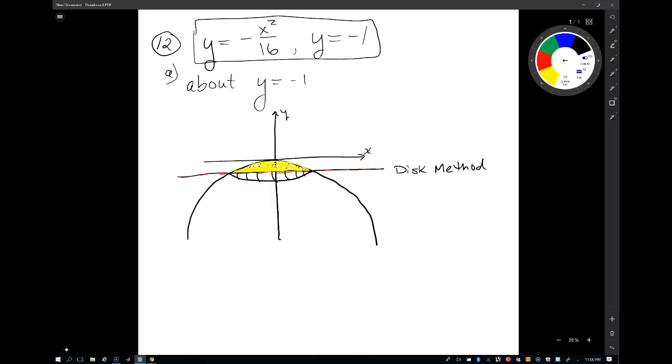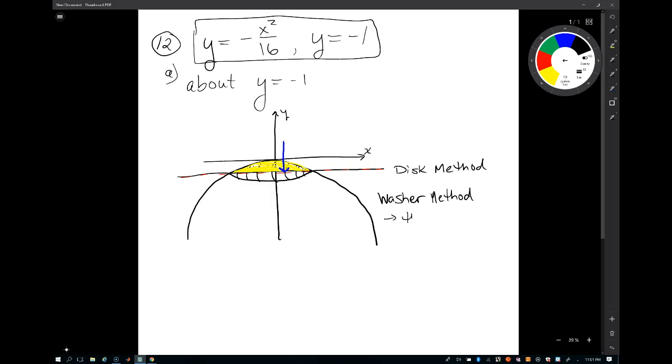So if you draw a line through your region towards your axis, when we do the disk method, and this is actually, even though we don't see a hole in the middle, it's really going to be the washer method. The trick with the washer method is almost always there's going to be a hole in the middle of your volume, but the surefire way to know that you need to use the washer method is that